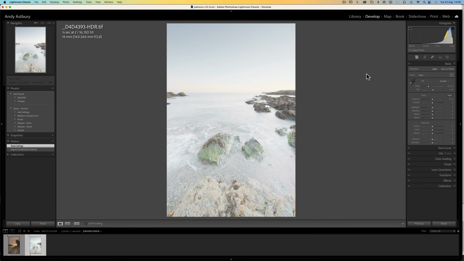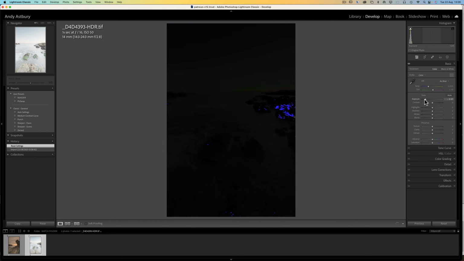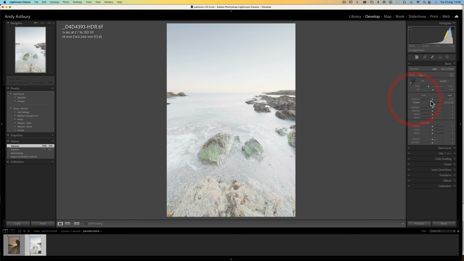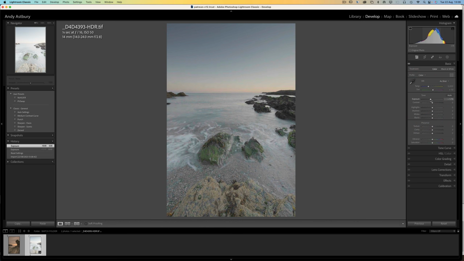And now you can see that's all well and good, but it's looking a little bit on the light side. But you can tell we're working on a 32-bit floating point image inside of Lightroom, because as a rule we would have +5 to -5 on the exposure scale, but here we've got -10 to +10. Okay, so all we're going to do is just bring the exposure down a little bit,